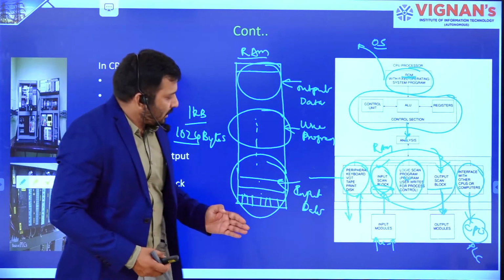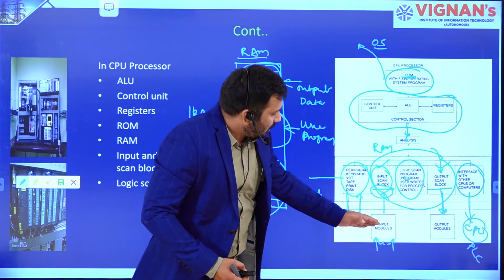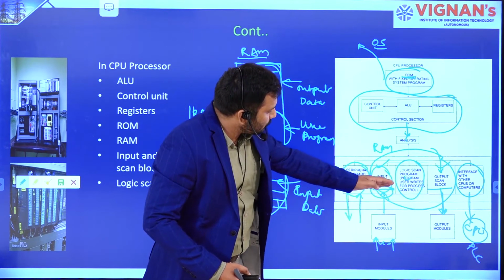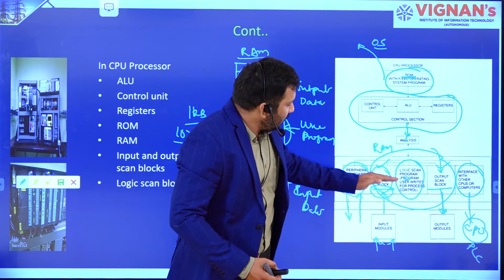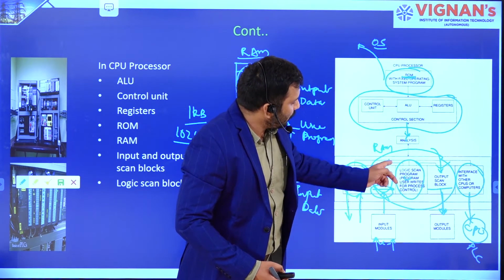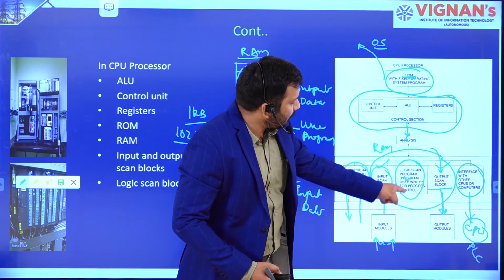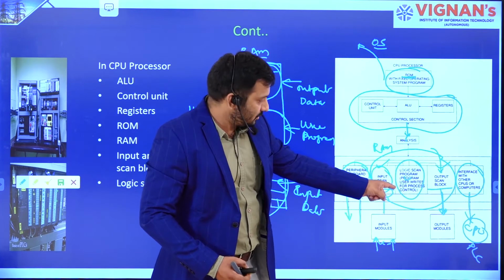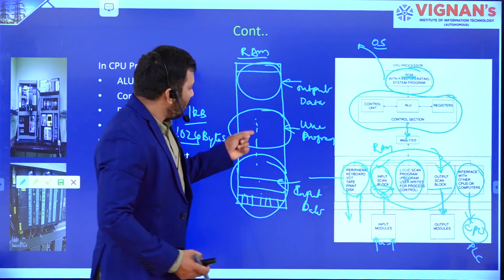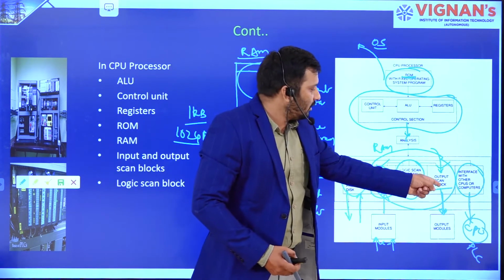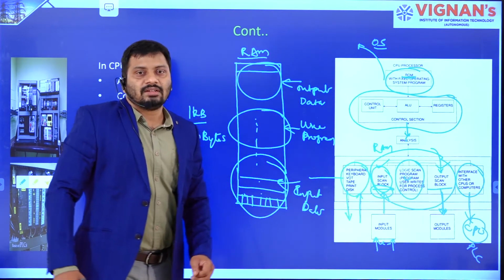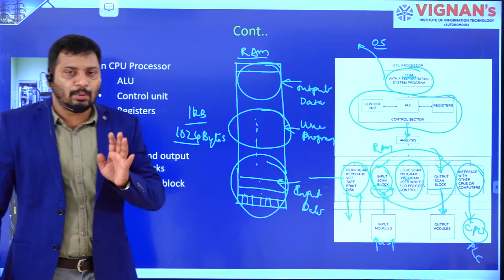Whatever input data you get from the input sensor through the input module as input to the CPU is first stored in the memory. The data stored as input data in the input scan block is then taken as input for the logic scan program, that means the program you wrote for your application. After execution of this logic, that means after execution of the program written here, the outputs are updated in the output scan block, and that goes out through the output module to control the output devices. This takes place normally. Normally a PLC works like this.